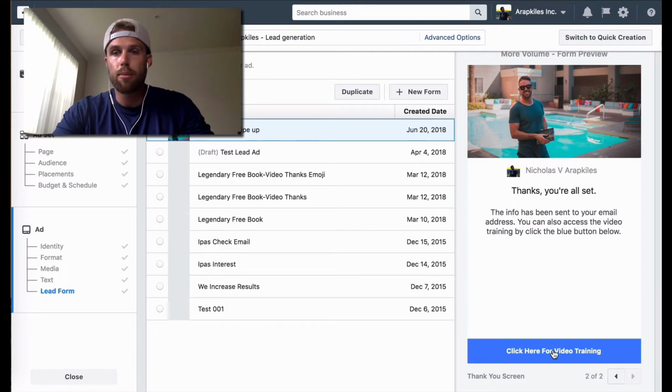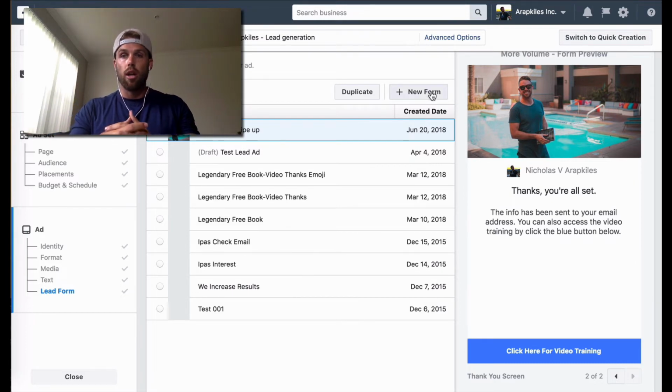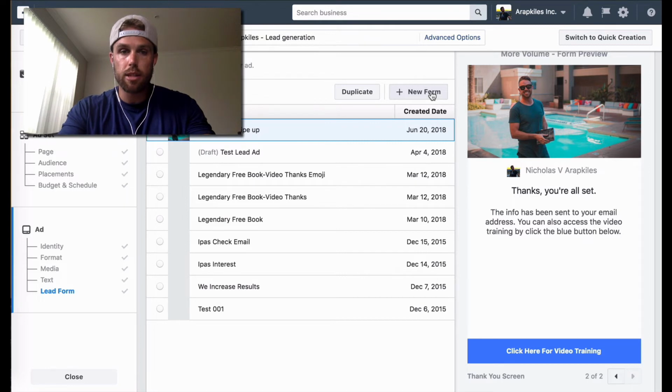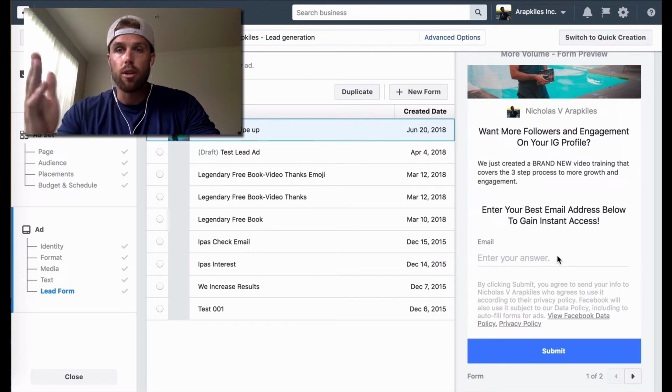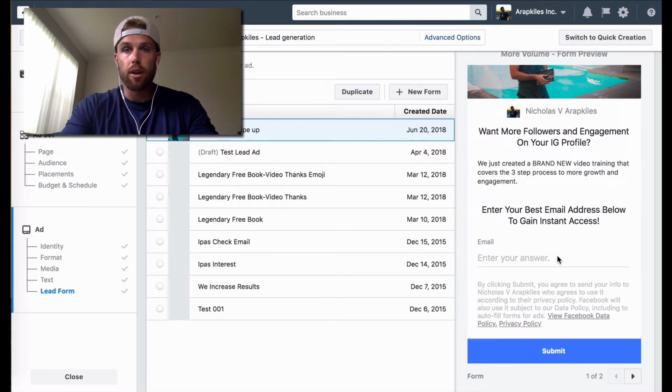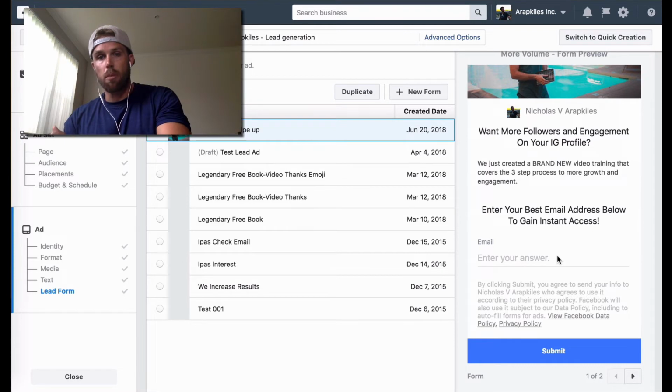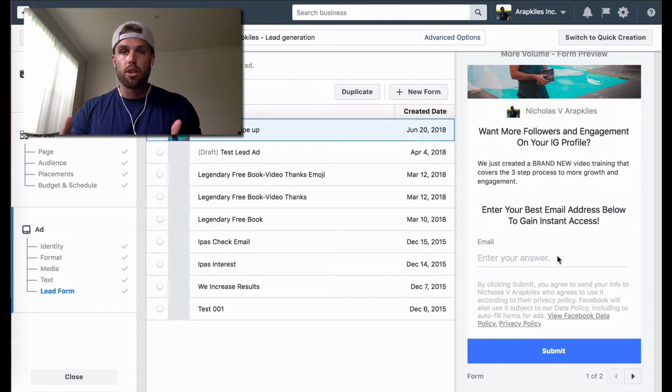So let me show you how to set up one of these lead forms, and then also show you how to integrate this with your Ipro Leads, and then to integrate with your autoresponder, because that's what Ipro Leads is doing. It's integrating with your autoresponder, because if you're doing a lead generation campaign in Facebook or Instagram, basically when someone puts in their email on this page, it won't go directly to your CRM or your autoresponder. You need something like Ipro Leads to integrate it with Facebook to your autoresponder,